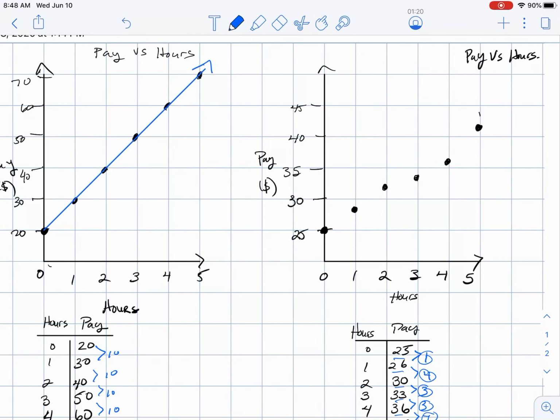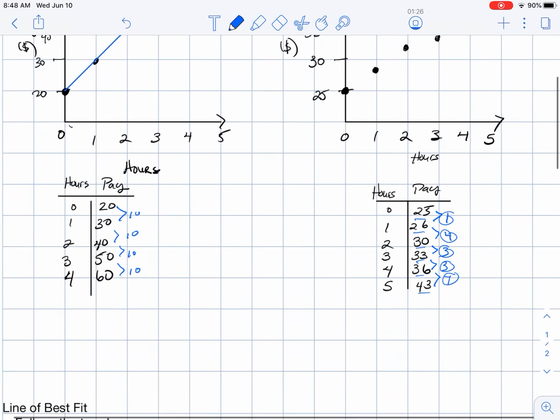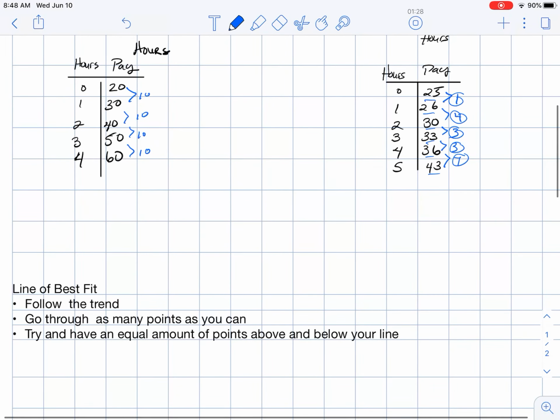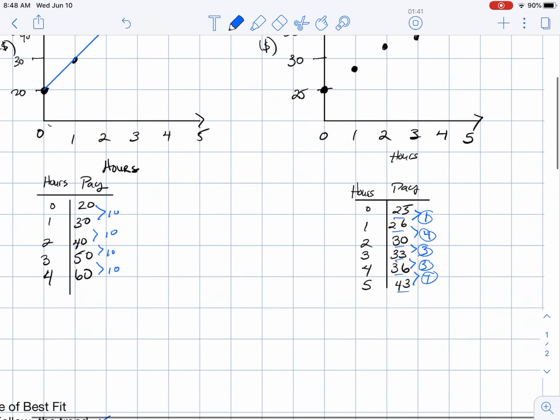With a scatter plot, you don't want to connect the points. What you want to do is create a line of best fit. When you're creating a line of best fit, there are three things you follow. First, you follow the trend. I'm going to explain that in a minute. Second, you go through as many points as you can, and third, you try to have an equal amount of points above